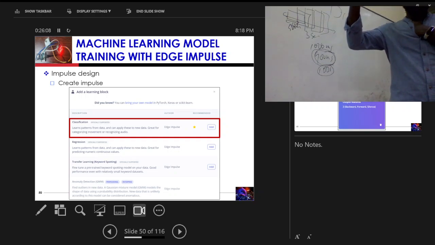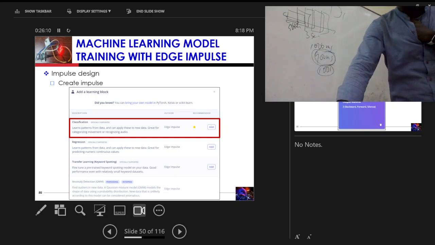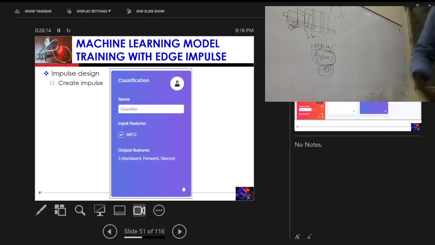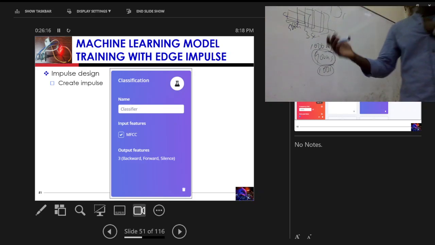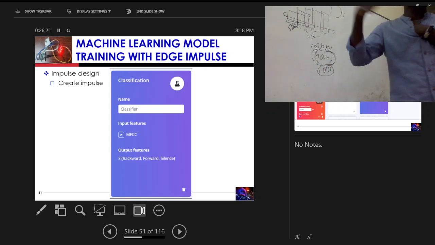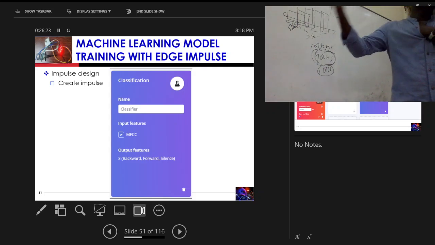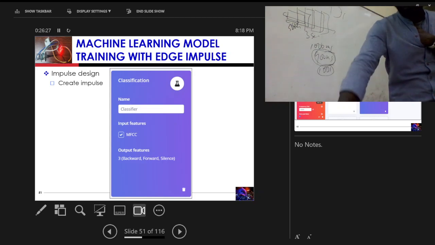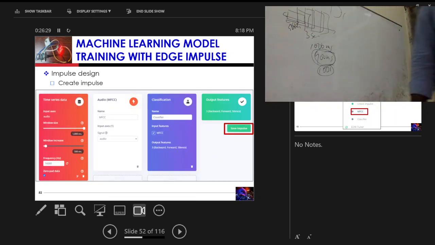Understood? Yes, sir. Right. So as you choose classification, here we have our MFCC, and then we have our output features. You see that the output features are your outputs, right? You know that we have three classes: the forward, the backward, and then the silence, right? And then our next step is you just click on save impulse,